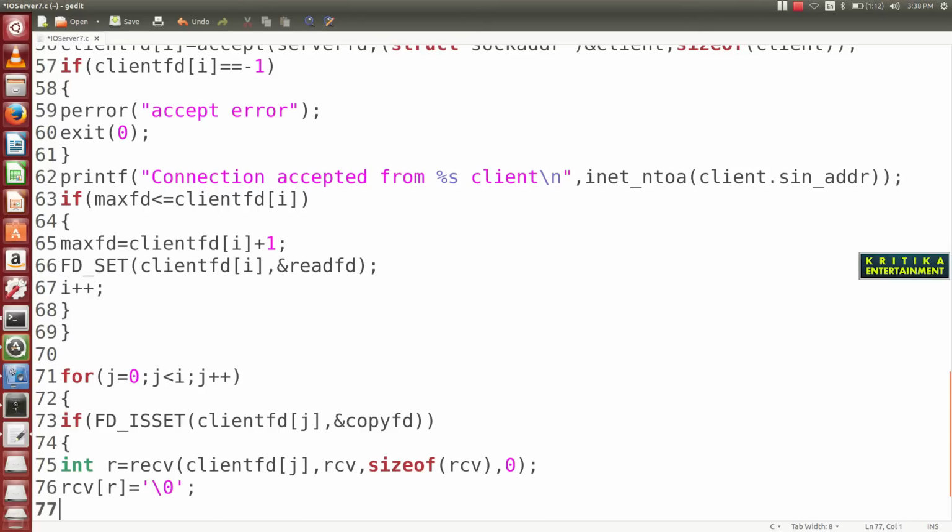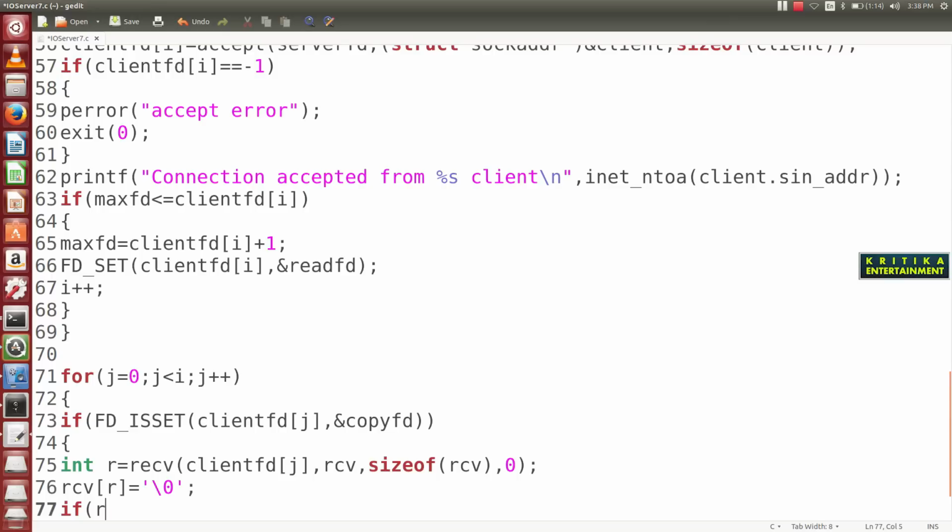Now this is the message, and you check whether that client has closed the connection or not. That means press Control C to close the client side.